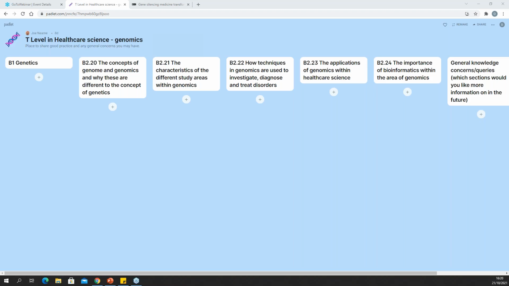So we discussed the AO1 skill, AO2 skill, which makes up the highest percentage of marks within the core component papers of 40%. So for example, students could be presented with the following questions. A woman and her partner are carriers of the mutated cystic fibrosis transmembrane conductance regulator, CFTR gene. She is currently pregnant and wants to know if her child will have cystic fibrosis. Suggest what tests can be carried out. So just applying those tests from B2.23,